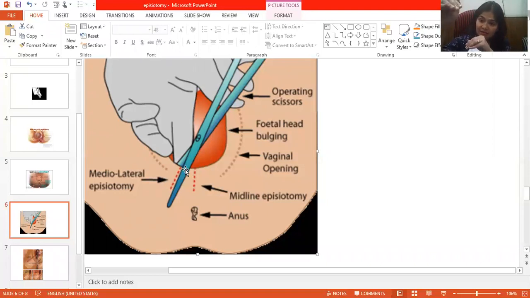Cutting inside, there will be vagina. In between the depth, outside will be skin, and between these two inside will be the muscles. So this is how the episiotomy will look once you cut it. This is how it looks. So this is the perineal part, this is the vaginal part, and inside, this is the inside. If you see 3D, this is the depth.